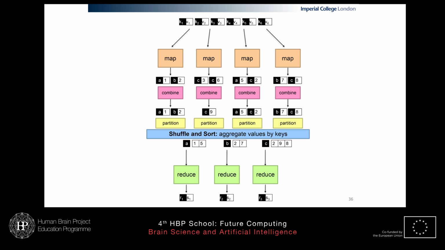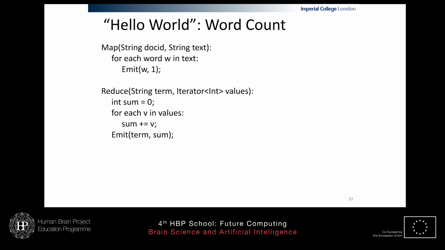Okay, now on to an example. This is essentially how one can implement this idea, a mapper and a reducer example. This is the usual example made with MapReduce, which is the example of a word count. You essentially have an input document, no matter how big it is, and you want to count the frequency of